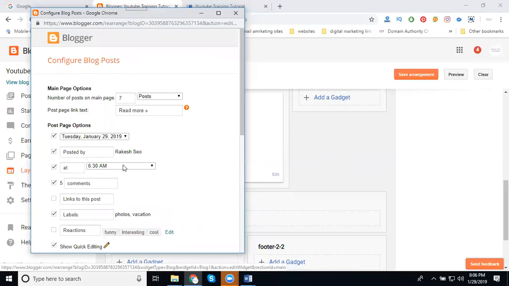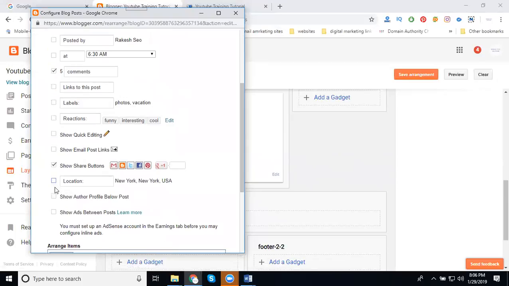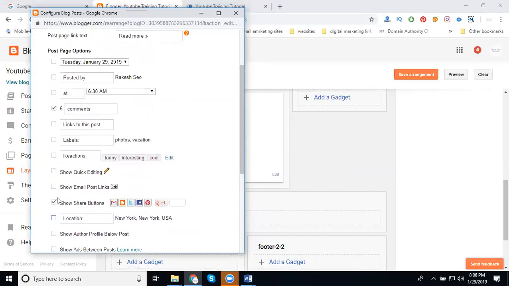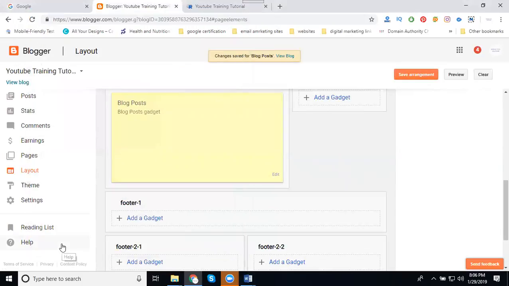So we disable the date, author name, time, labels and location. Except two, all will be disabled. One is the comment box, the second is the share button, meaning the social media share button. Now click save. Is it clear?